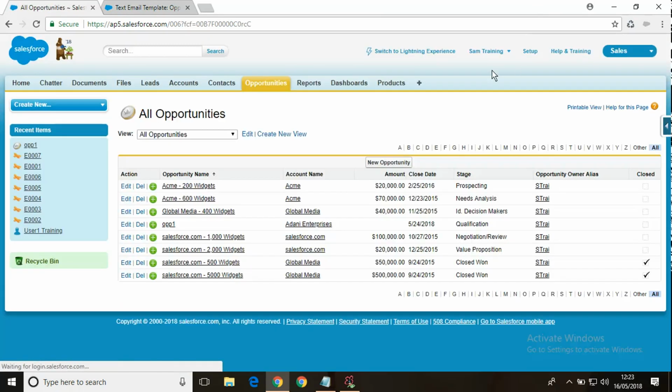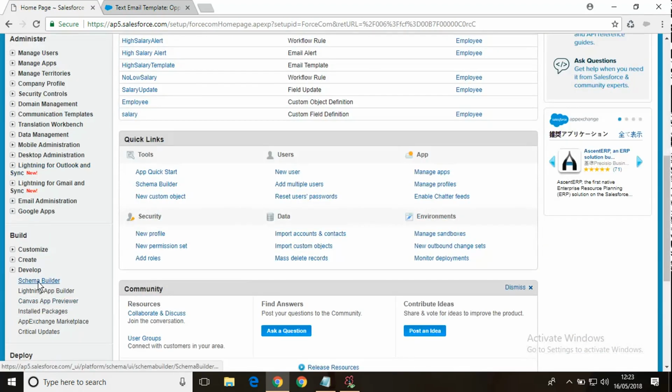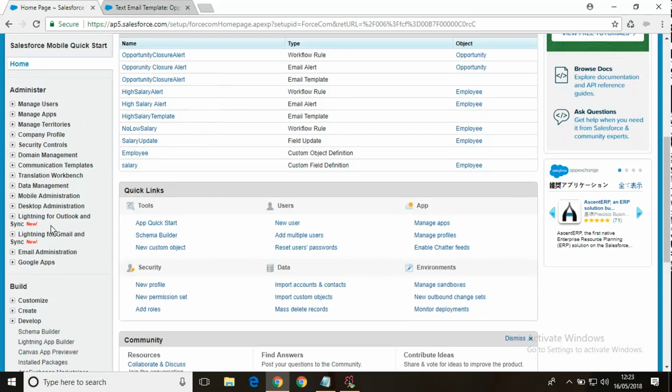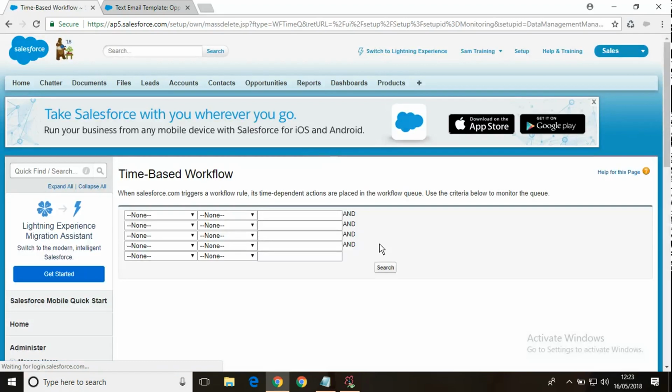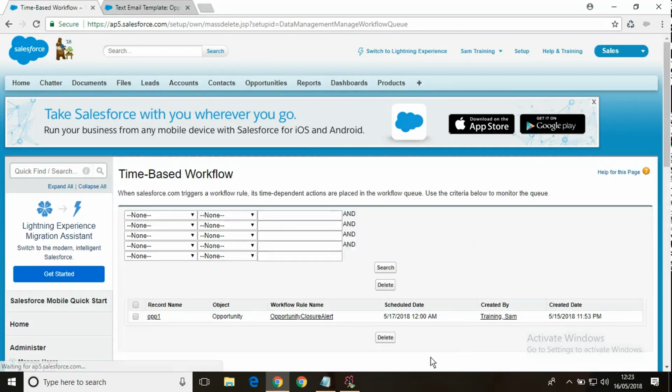So just check out now what happened with the scheduled mail. You can see that automatically it got changed to 17th May. Okay, at 12 a.m. Actually it calculates the time at 12 a.m. So on 17th May that mail will be sent, right?